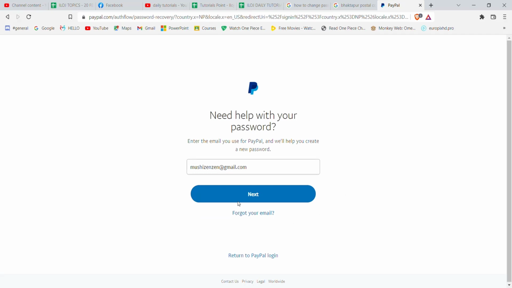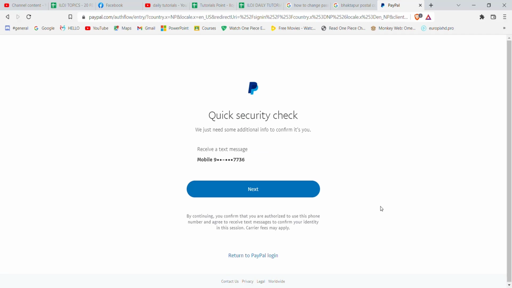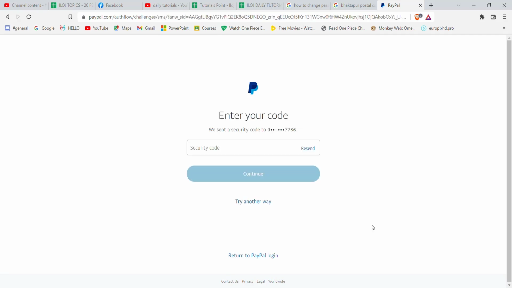Now on this page, click on this next button. Once you click on the next button, you'll be guided to another page. Now in this page, your phone number will be shown and then you'll have to click on this next button. Once you click on the next button, a code will be sent to your phone which is registered into your PayPal account. Fill in the exact code which is sent to your phone number and then click on this continue